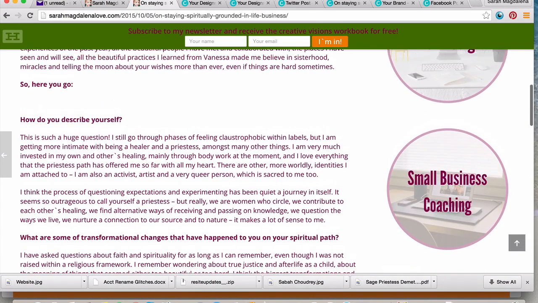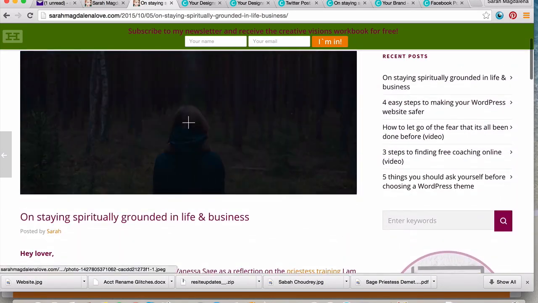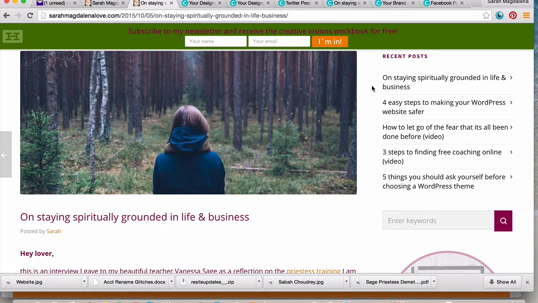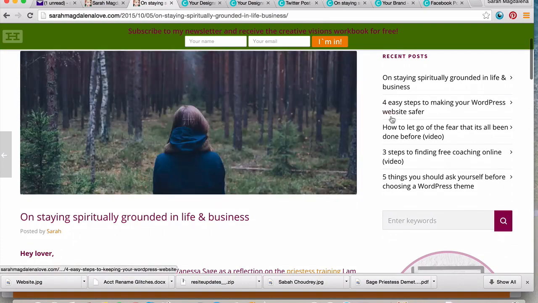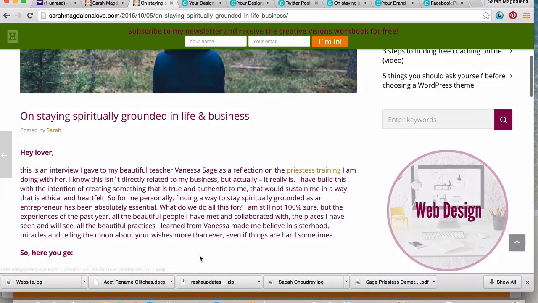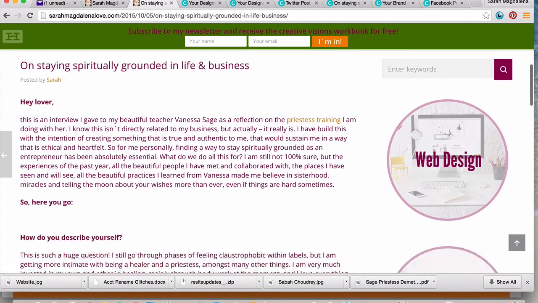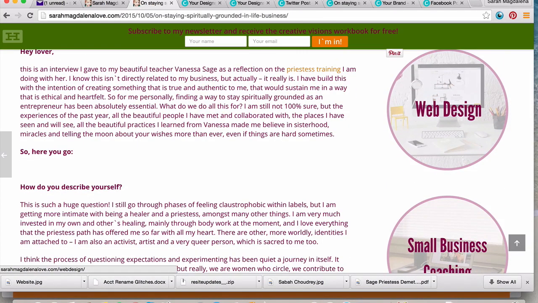And I also wanted to show you what I do with my blog posts, because I think there's a lot of marketing potential in here. So I always have my header image here, and then this is the body text, the header, and this is the widget sidebar. And it's something I really care about and so often overlooked in web design. But I think in most cases on WordPress, you should be able to access your widget bar and work on it. And what I've done here is that I've created really beautiful circle images, and I've uploaded them, and they're